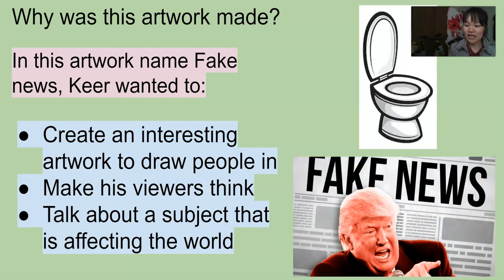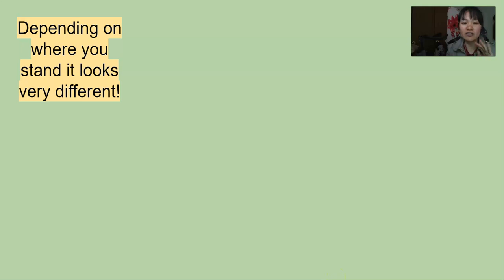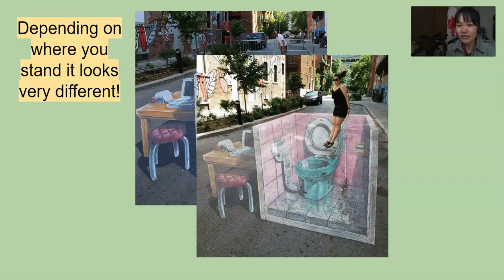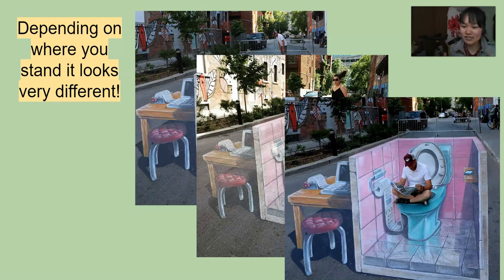All right. And he also wanted to encourage people to do their own research, depending on where you stand in the artwork, because you can stand on this. Remember, it's on the street. It looks different. So right here, he's on the back of the toilet. Right here, there's another woman. She's pretending to jump inside of the toilet. And then the last one, you see he's just sitting on top, you know? And this is all on the floor. So any different part of the floor you move on to,